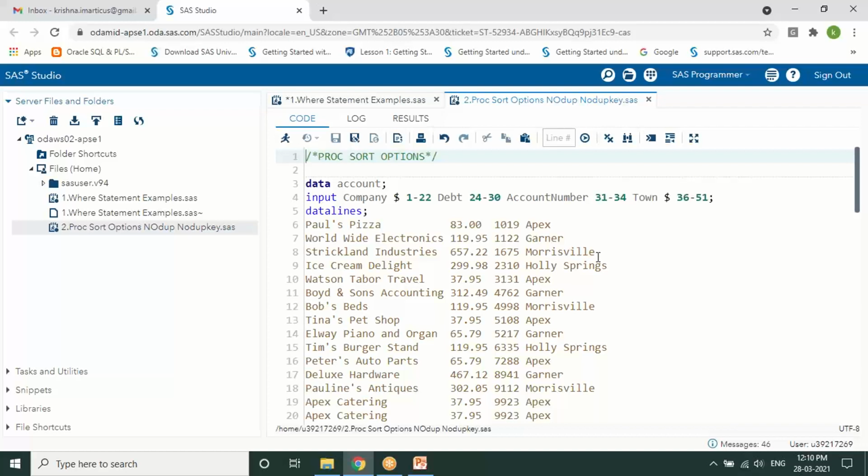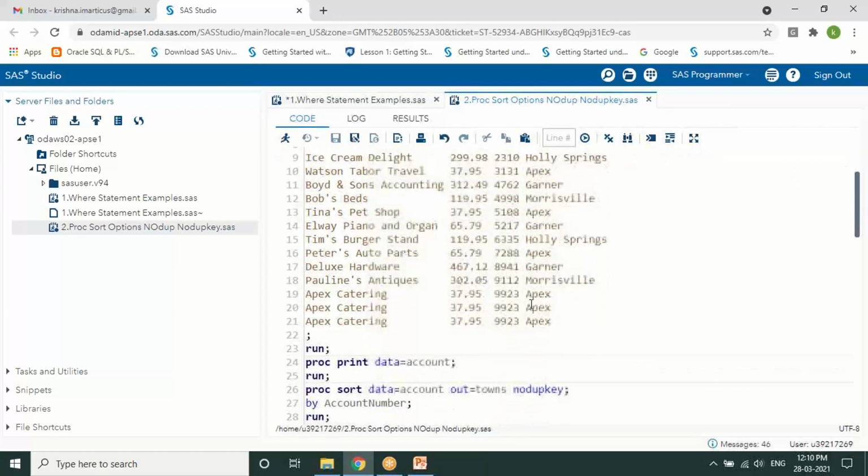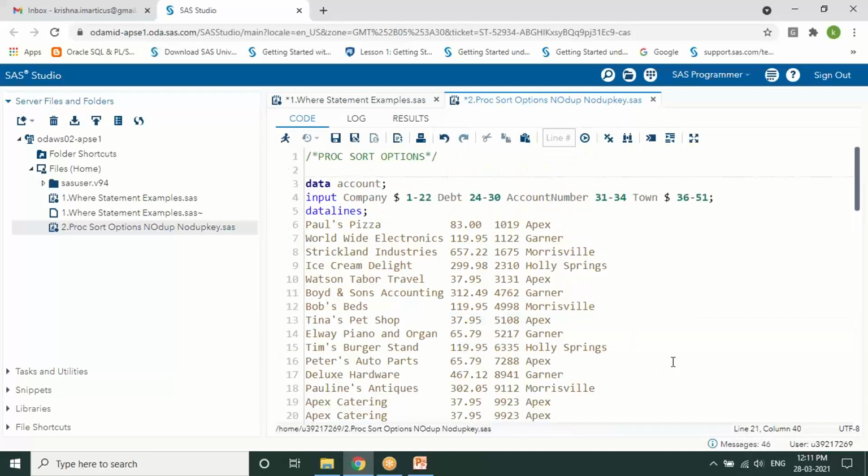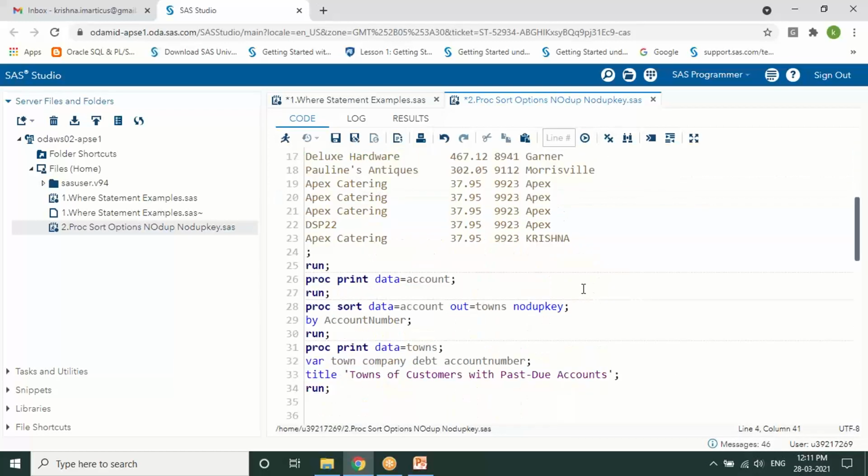So see this data set. I have this data set called account, where you can see there are some repetitive values in this data. So let's say I'm adding a few more rows with the same data but changing some values. Let's say Apex Garner, I'll make it as TSP22. I'll make some name again, just changed to display you some things. So you can see there is a unique numbering of this data called account number. If you observe, 9923 is repeated 5 times.